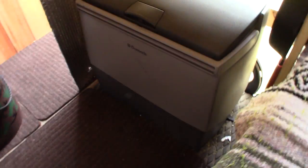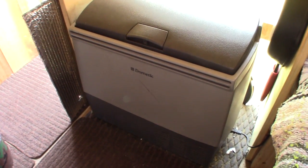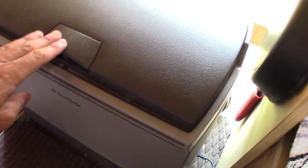Here's a front shot of the Dometic 12-volt fridge. That's the CF18. Works out really well. I have been very pleased with it. Can run that off my solar as well. Then over here I have this little area. This is kind of just a